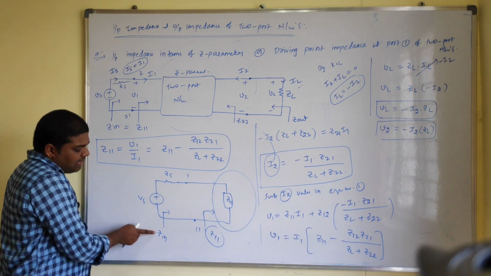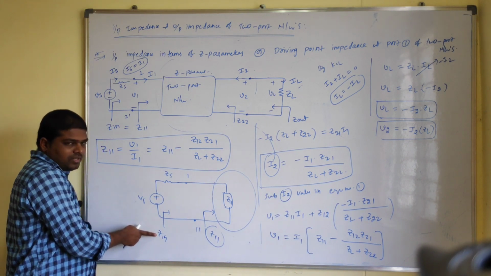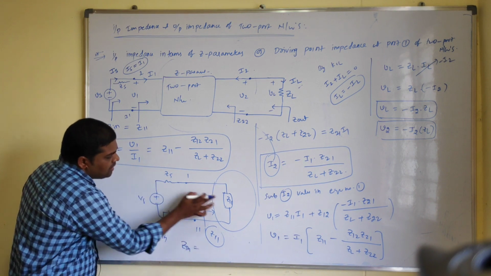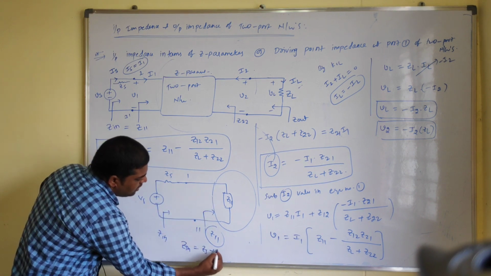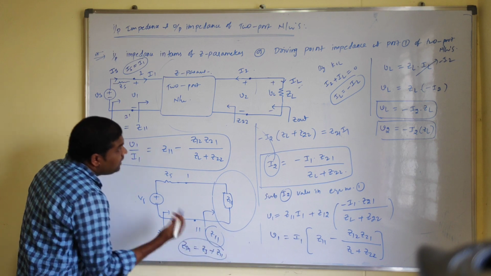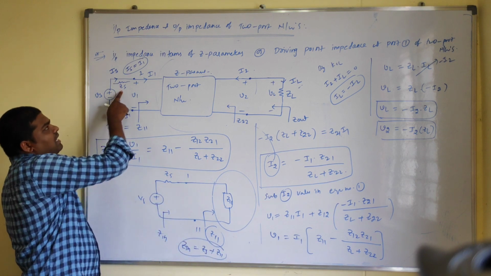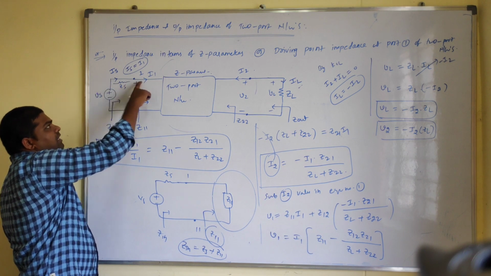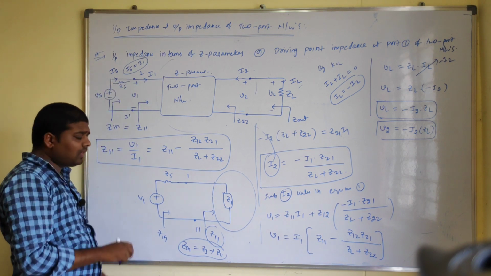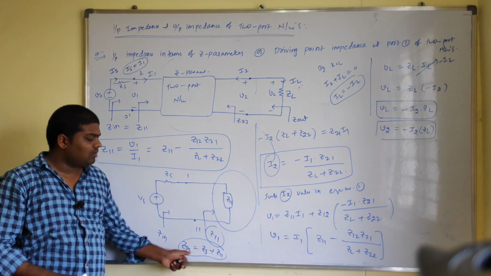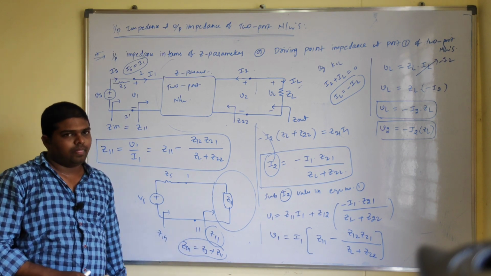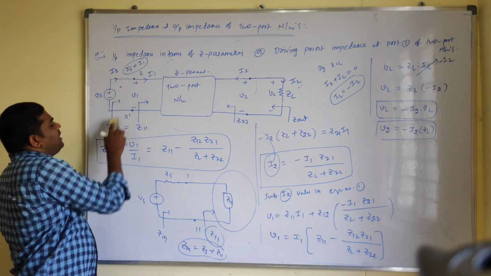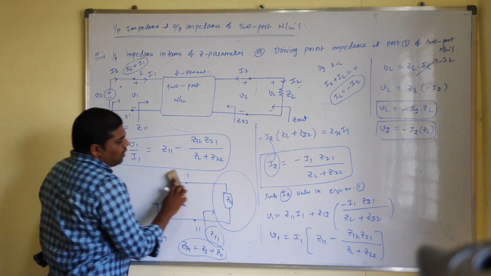The input impedance is already indicated with Zin, right? So Zin equals this Zs plus this Z11. In case Zs appeared in between these two points, in such a case Zin equals Zs plus Z11. But here we don't have any element, right? So Zin directly equals Z11.